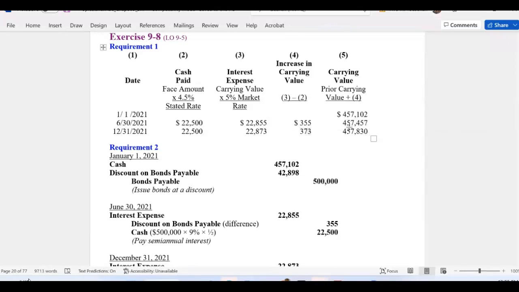So 373 plus 457, the carrying value will add up to 457,830. And you do the same thing over and over and over in your Excel document for the next 40 periods, which is 20 years, and you end up at the bottom with a 500,000 carrying value, and that's the maturity, and that's the moment that the company pays back $500,000 to investors and closes the